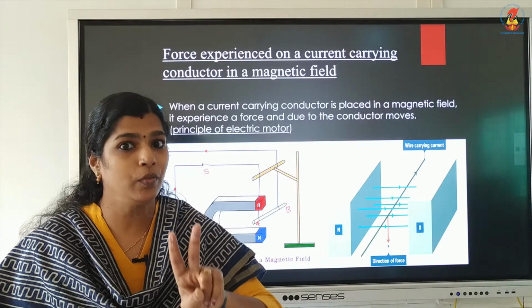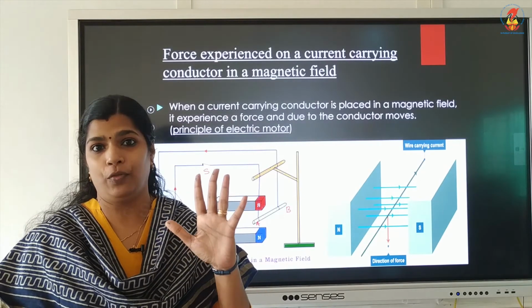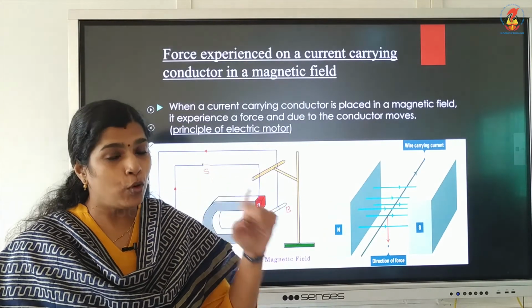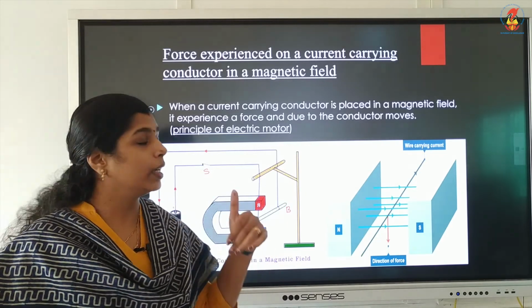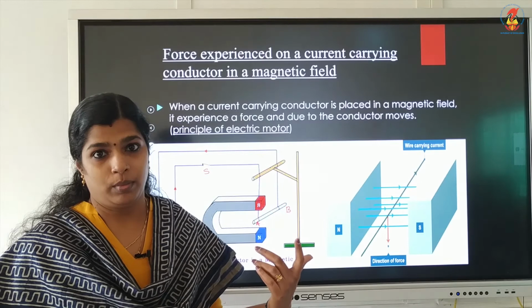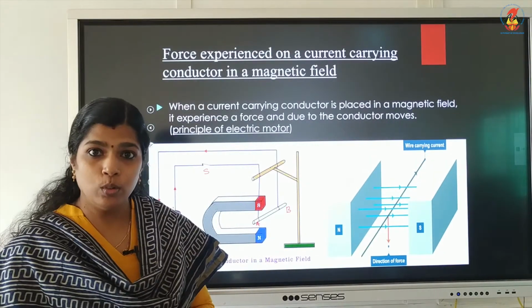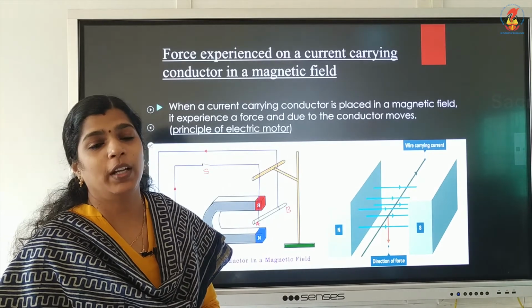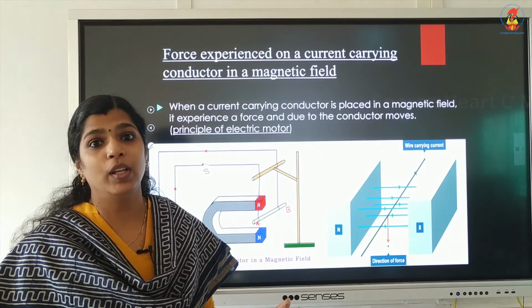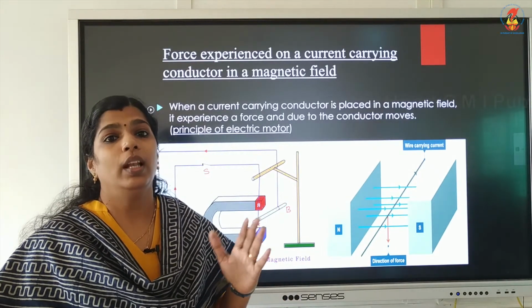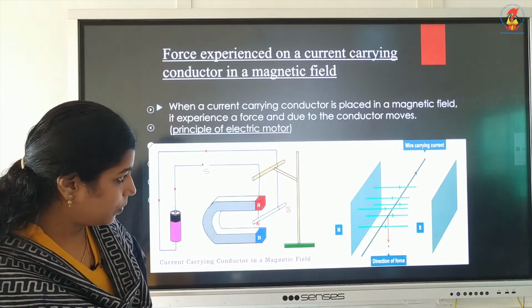So, two magnetic fields will be there. Due to the interaction between the two magnetic fields, there will be a force on the conductor, and due to that force, the conductor will move. Since this horseshoe magnet can't move, it is a stationary one, the aluminum rod or the conductor will move either to the left or to the right. This one you can see,